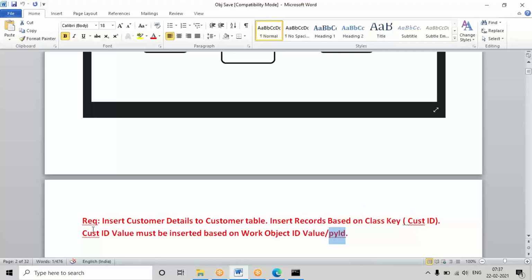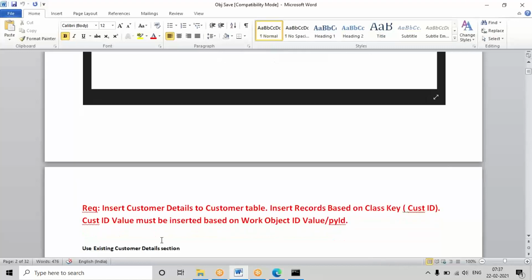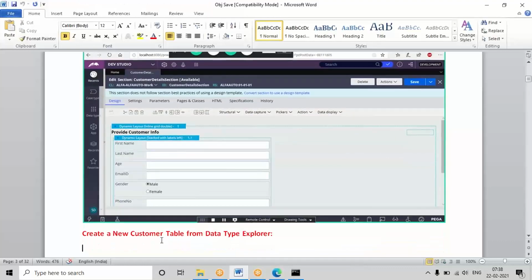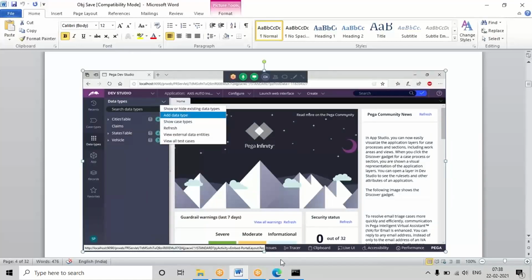That work ID value will assign to the customer ID, and remaining properties I'm going to choose like first name, last name, some city and age properties I'm going to take. Okay, so if you want, you can take every field you have used in your customer design, every field you can add in the table. But how many number of fields we take, the process is the same, right? So I'm only showing for some 4 or 5 fields. But if you're trying in real time, every field must be there in the data type also. Okay, so first of all, add a data type.